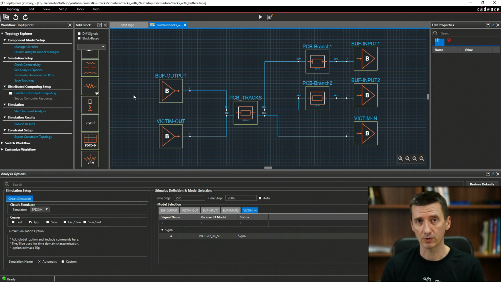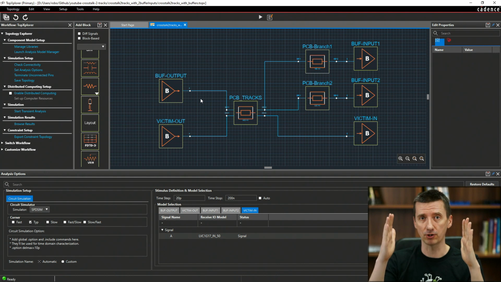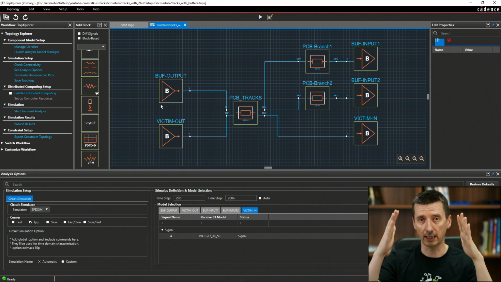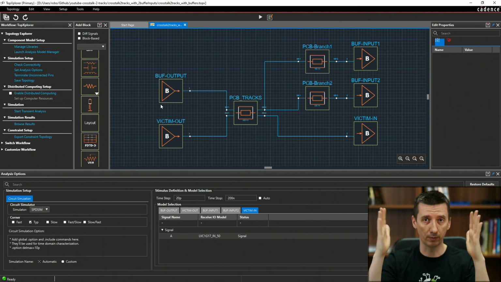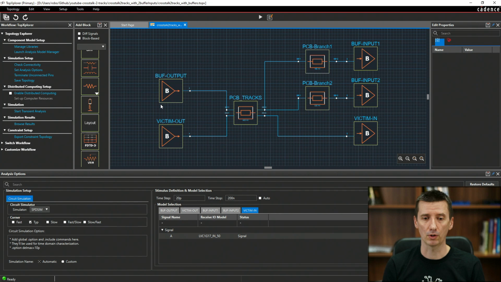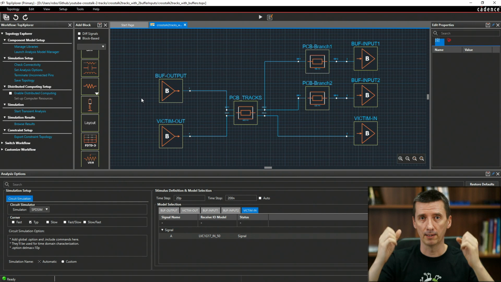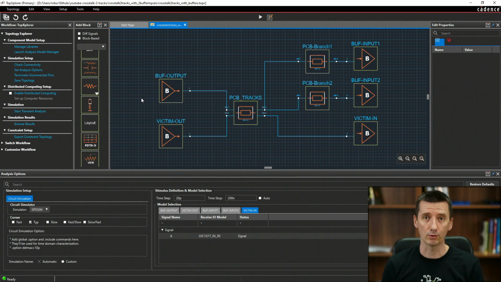So the rising edge and falling edge of the signal we see in this simulation going out of this buffer is exactly what you should measure on your real board. And if you use a different kind of buffer, then the rising and falling edge of the signal would be different. So if you would use a different buffer with slower rising and falling edges, then maybe you can use even longer tracks on your PCB and you will not have any problems.